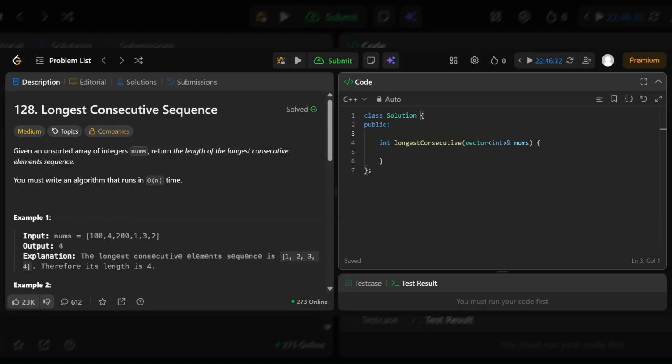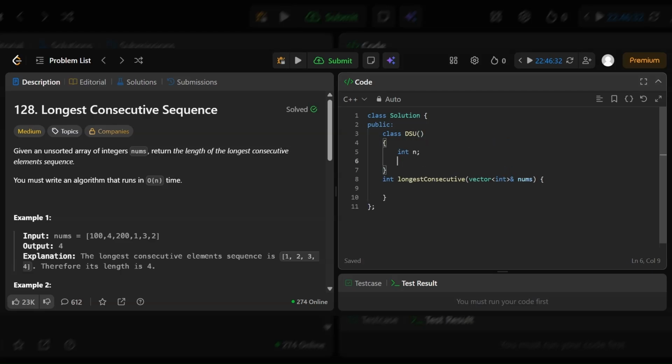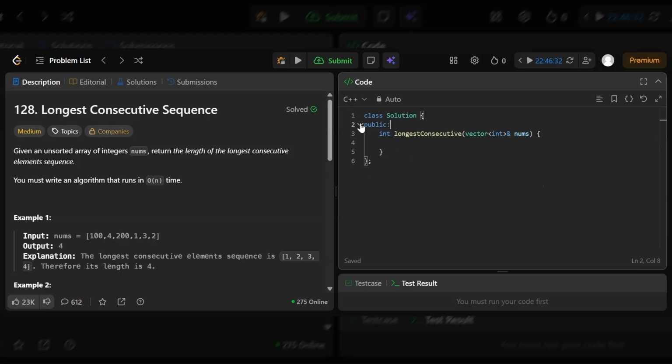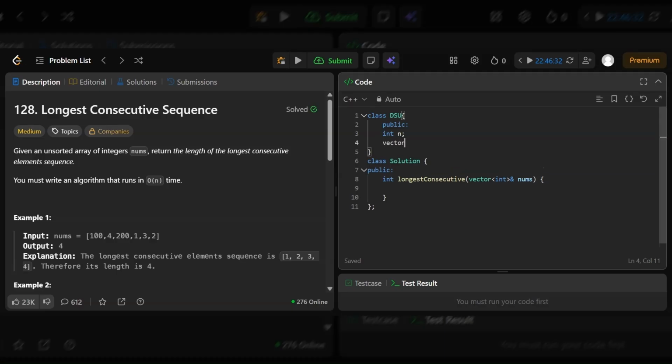Okay, so we have a class named DSU. Sorry, I need to create it separately. Class DSU, int n, then vector of int parent and size.